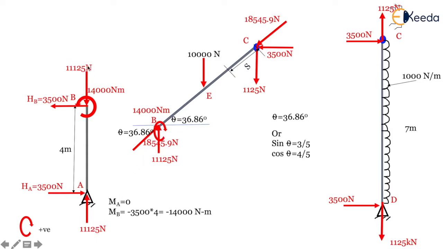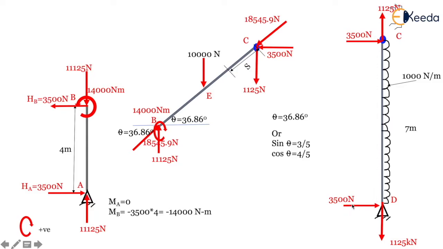Now this particular vertical load is axial here, but to balance it at this point B, when we see this inclined part, it will come here. To balance that part it will be 11,125 Newton. Now if you see from this side also, this is going downward 11,125, so this will go opposite, upward, to balance this particular member. When we see one member, we have to see only the balancing of that particular member and simply forget about other members. We have to simply see the equilibrium of that particular member.